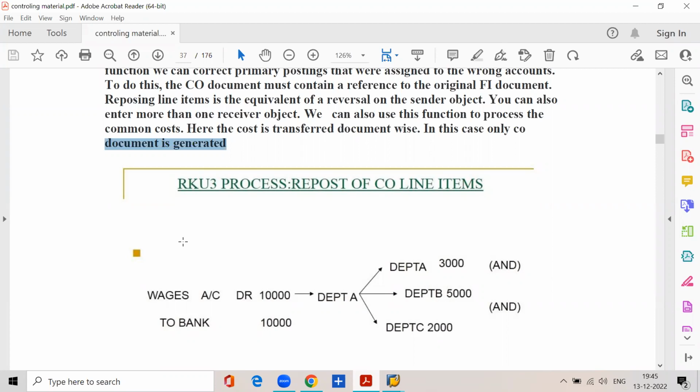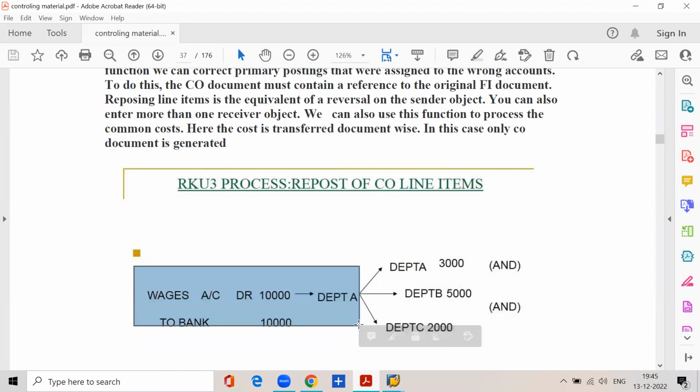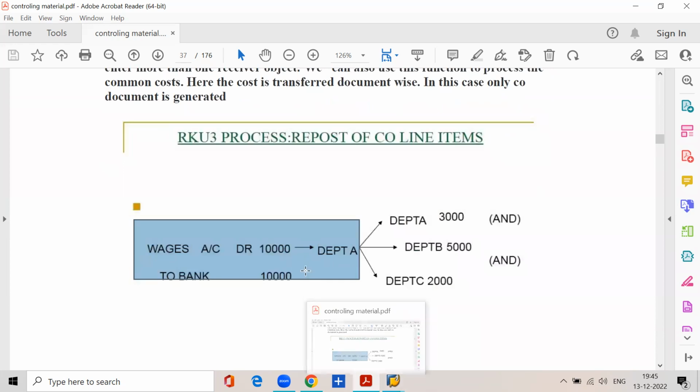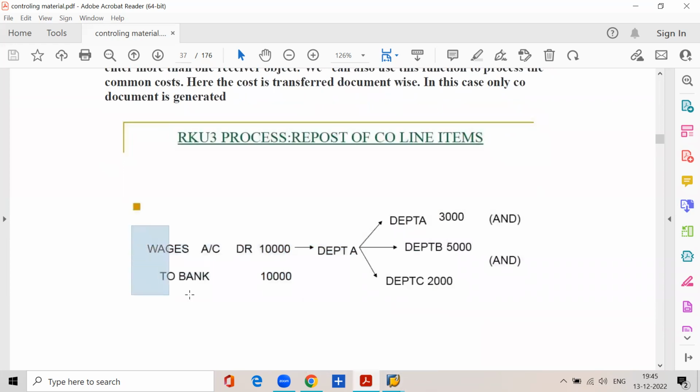That's why at the time of posting, these wages to these 3 sweepers are posted to department A. This is the coin process. It is exclusive cost. When you post the wages directly to department A, that is called the coin process. In the case of the coin process, one FI document and one CO document